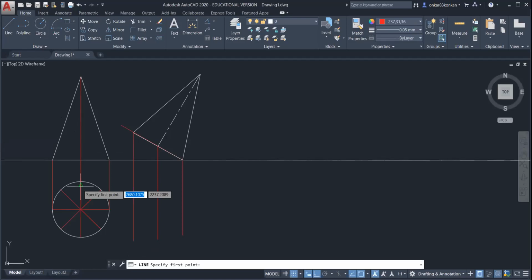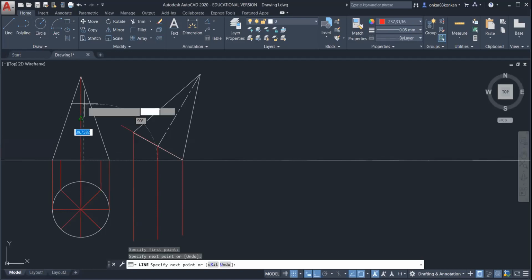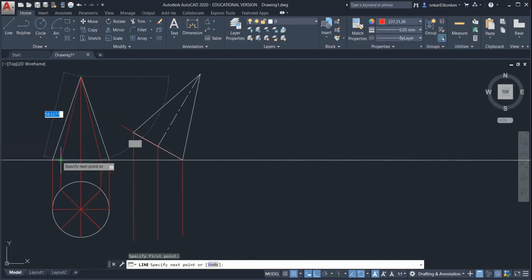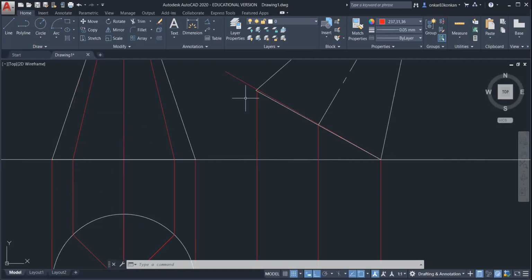Now in the first stage top view, we have divided the circle into 8 equal parts. Draw the projectors from those parts so that we can get the generators on the cone surface. So these are the generators. Basically these generators are required to draw the top view of that circle. That top view will not be a circle, but it will be an ellipse. Now take this distance in the compass and directly transfer it on this line.